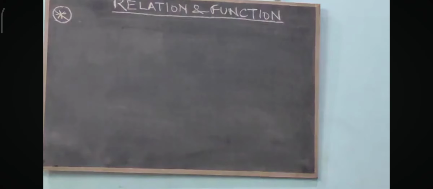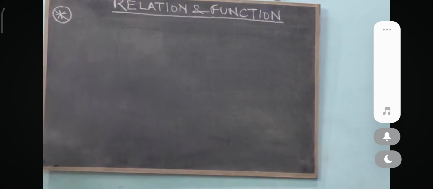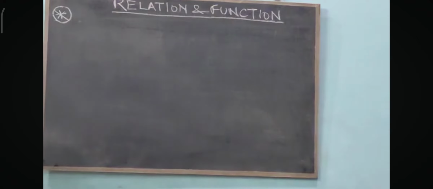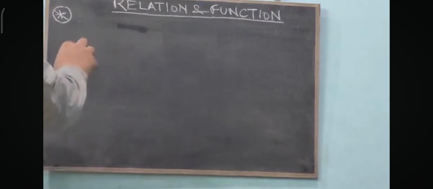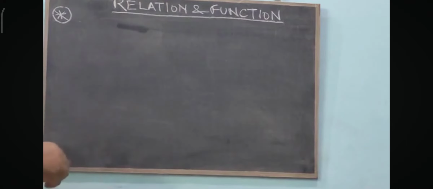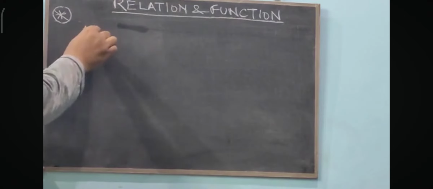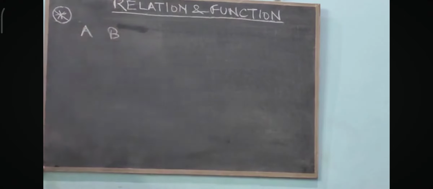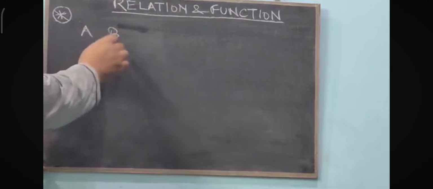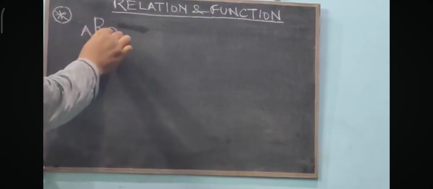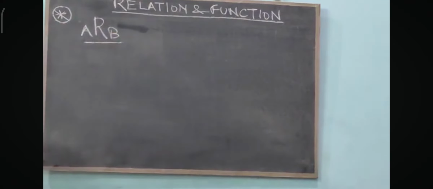Friends, our today's topic is relation and function, and as we all know, this is the extended part of relation and function that we have studied in class 11th. What we have studied in class 11th about relation is that if A is a set and B is another set, and we have to find the relation between set A and set B, denoted by ARB,